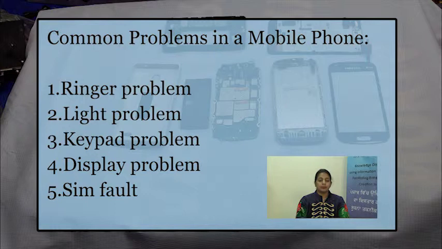Next is a SIM fault. When you get a message to insert SIM even if the SIM is inserted, or the SIM works for a while and then stops working, saying invalid SIM, then what do you have to do? Just check the settings and see that the mobile is not in flight mode. Clean the SIM card tips and SIM connector. If the problem continues, then change the SIM card. If the problem continues, then check the track of the SIM section. If the problem again continues, then change the SIM IC. At last, if nothing works out, just change the power IC.